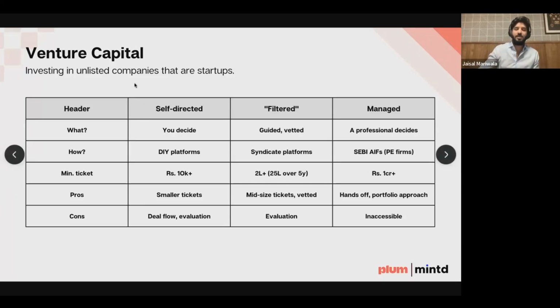And then there's self-directed. So increasingly, there are a lot of platforms coming online that allow startups to list, and then you invest in them at your own risk with tickets as small as 10,000 rupees. So there are pros and cons to each of these levels of investing in venture capital. I think before we go to the risk reward though, one of the most important things to keep in mind specifically with venture capital is